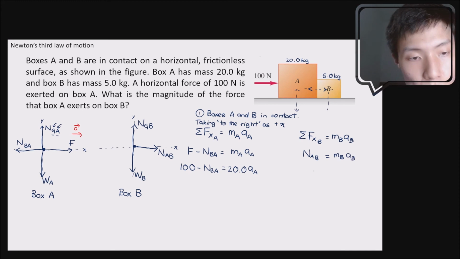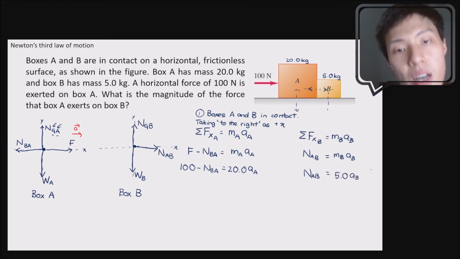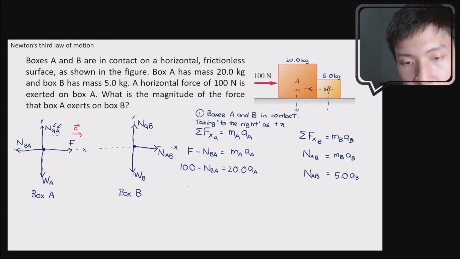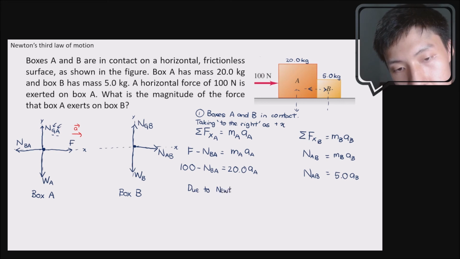So now we don't know how much NAB is, but we know MB is 5.0, and this is AB. Okay, so once we reach here, we are again stuck. But here is something important. Now you know that due to Newton's third law, you know that